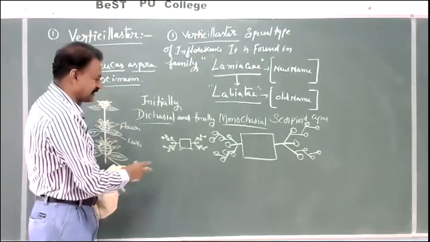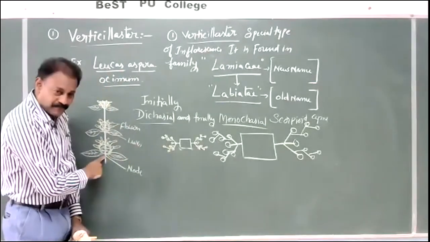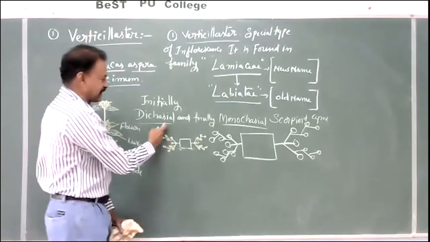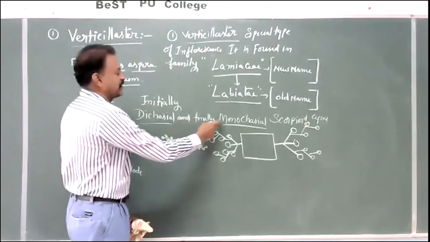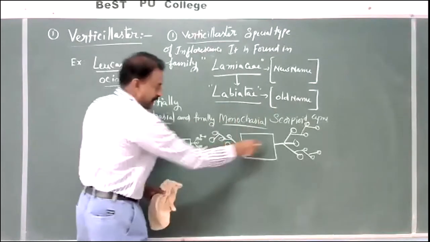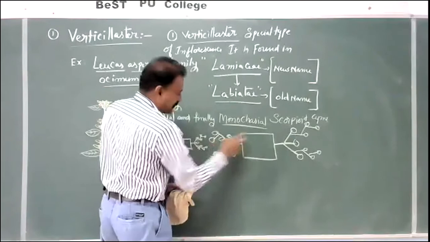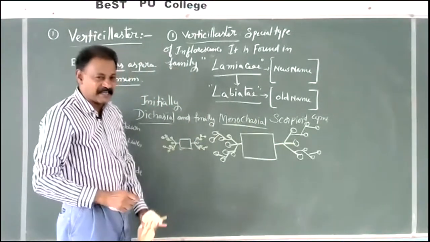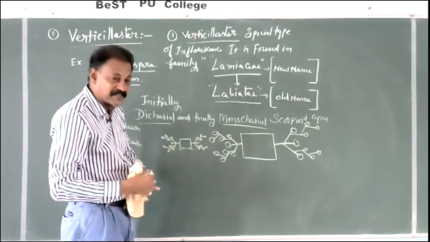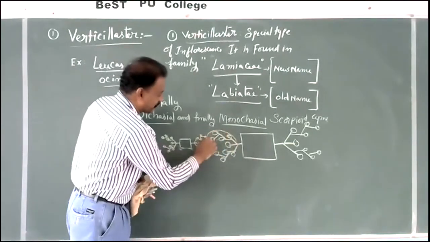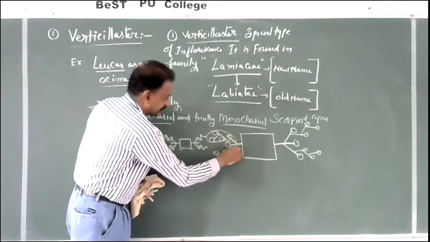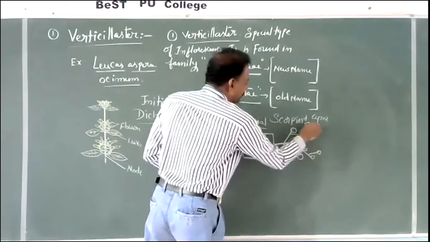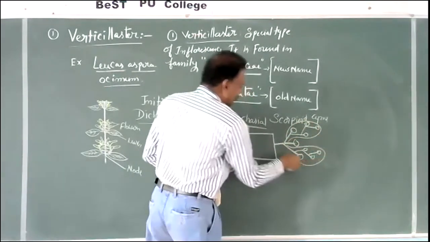Here the inflorescence starts at every node having opposite leaves, initially develops like dicasial cyme and finally monochasial scorpioid. Dichasial, two is called dichasial. So two dichasial cymes. How many monochasial cymes are here? This is one monochasial cyme. This is another monochasial cyme. This is one monochasial. This is another monochasial.